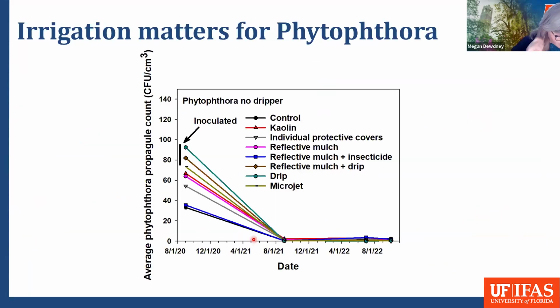When we looked at irrigation, I put all of the treatments on this one slide. Here we have our phytophthora propagules at CFU per cubic centimeter, starting all the way from our first sampling after inoculation. You can see here they're inoculated. They've got a higher number of propagules. And then we have our naturally infected ones. Everything falls down to almost nothing when it's far away from the dripper or the microjet. We just don't see any phytophthora at all. So you need water as well as roots for